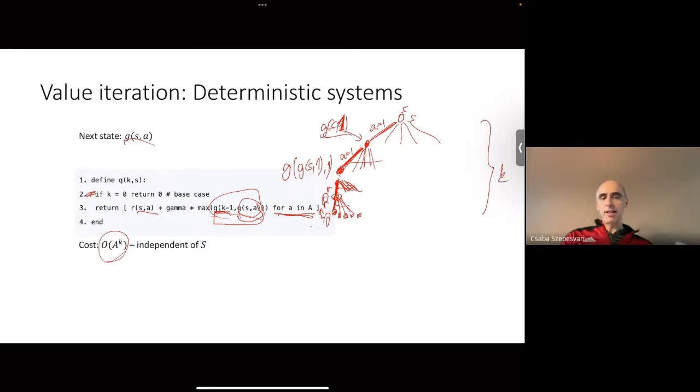And the difference from the other view is that it's like calculating first everything here, and then in the next layer, in the next layer, and the next layer, and so forth. So that was the value iteration view. And this is just like the depth first view. Okay.